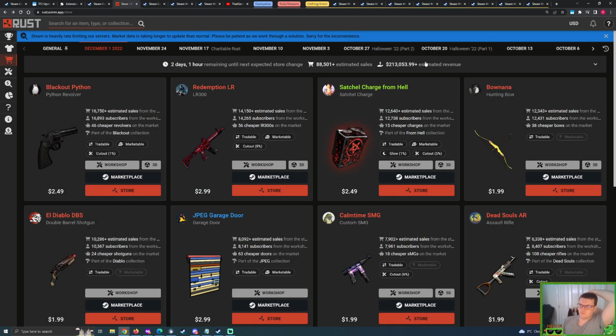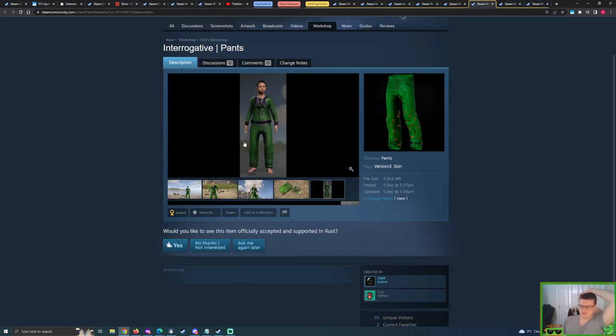So yeah, we should keep our eyes open, prepared potentially to see that. But then again, this isn't the only green clothing armour skins that we've seen so far this year. We've seen quite a lot of them, and they weren't accepted. So, with that, we're going to end this off with